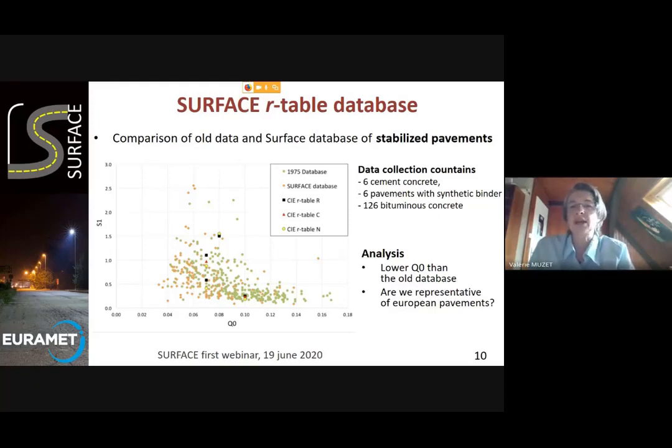And the question is, are we really representative of European pavements? We don't know, so we prefer not to present other typical tables and so on. So what we decided was to make an analysis